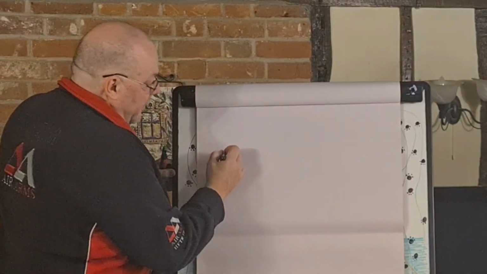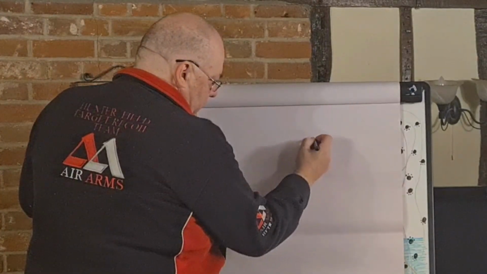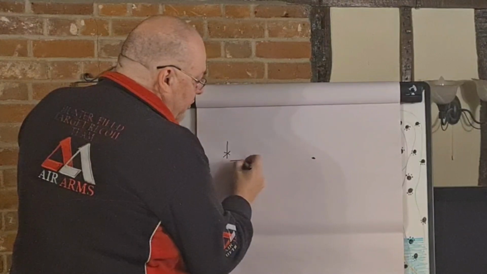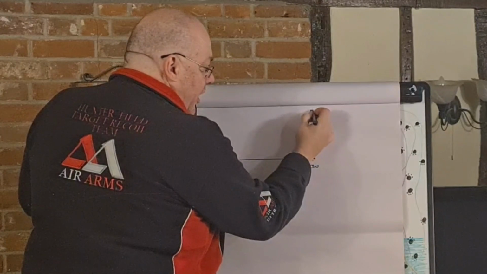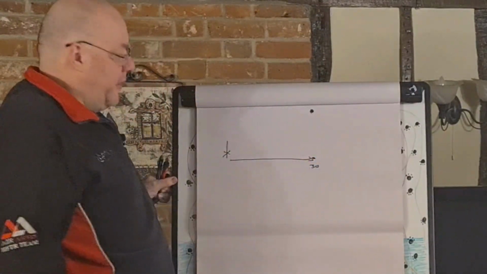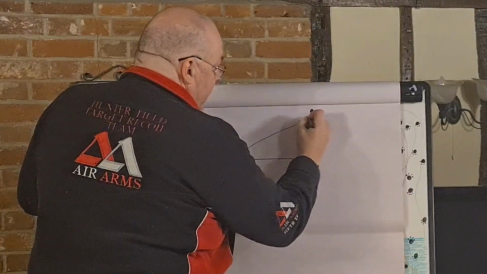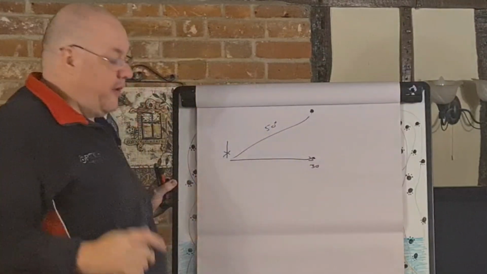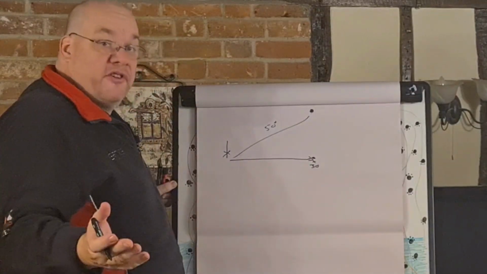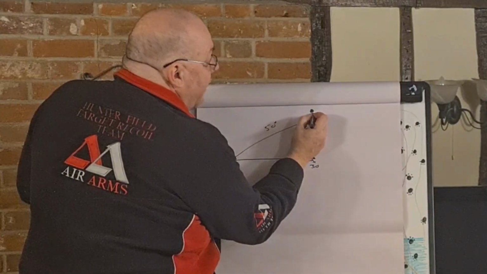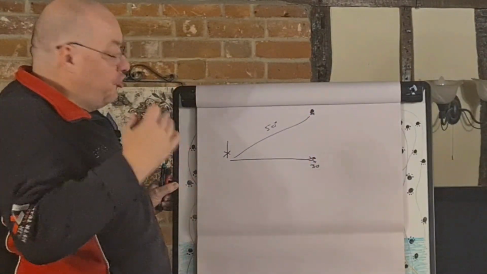So here is your peg where you're laying, and here is your target. A lot of people measure the distance to the base of the target, let's say 30 yards, and where you're aiming is up here, about 20 yards up in a tree. So this is around about 50 degrees, so your pellet will hit high. What people do is they take that measurement, so they know it's 30 yards to the base of the tree, and that 30-yard aim point they put just below the kill. General rule of thumb,